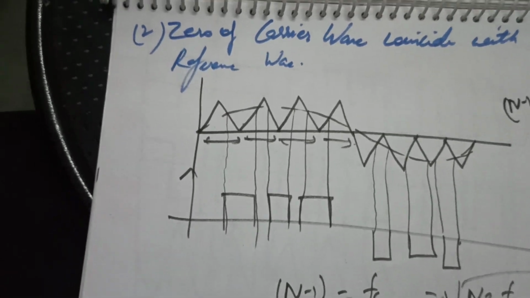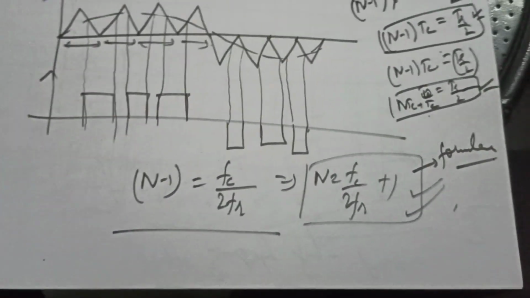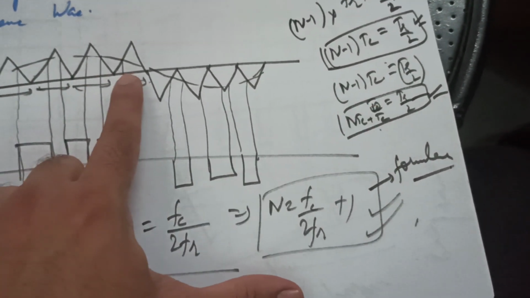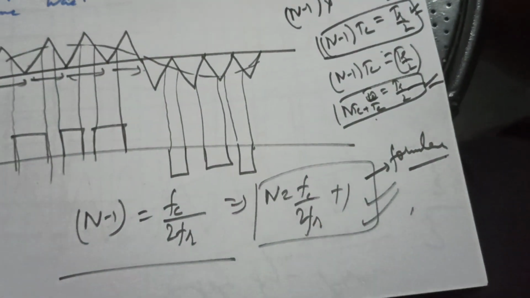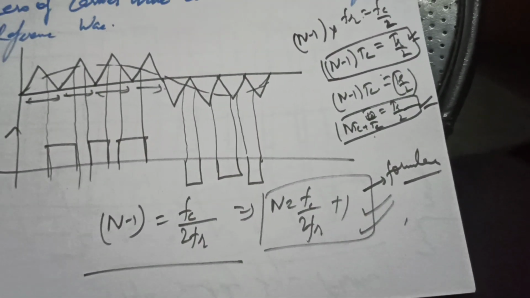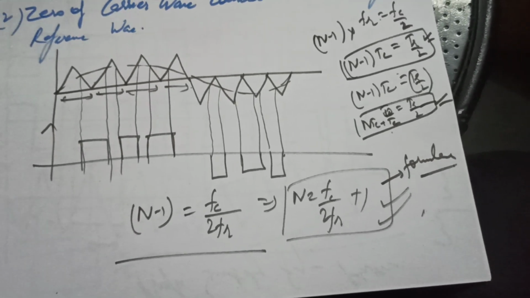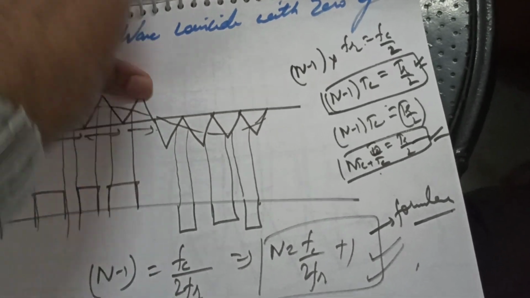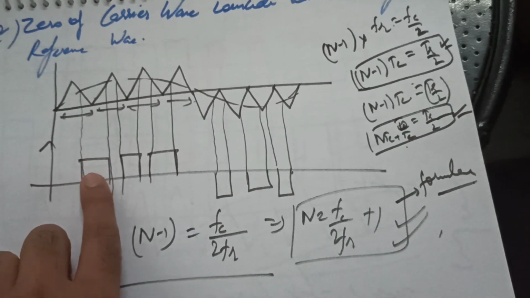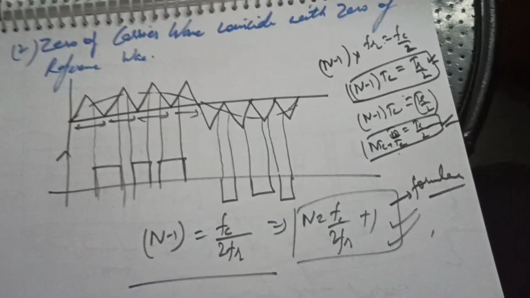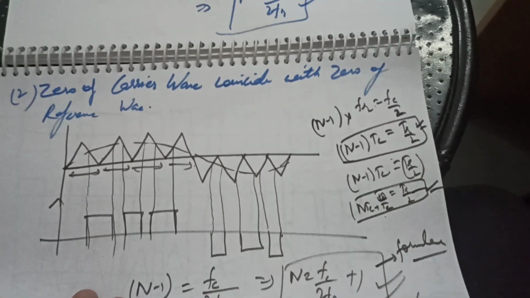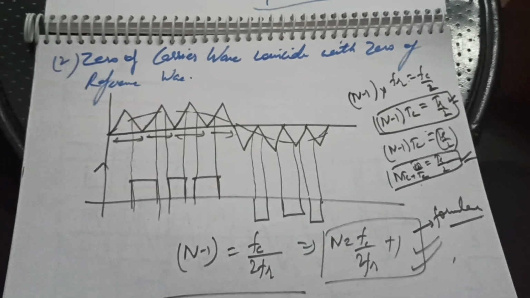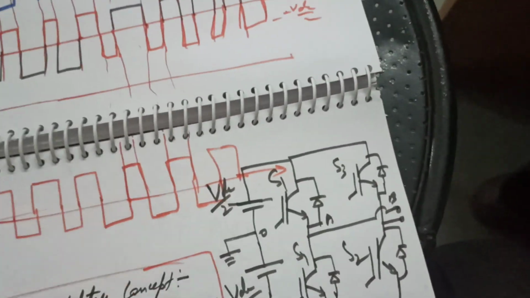Now it will be clear, because here it is nTc. nTc means what? 3 Tcs, 1, 2, 3 Tcs and plus 1 more Tc. This more Tc will be equal to Tr by 2. Clear? While in that case it was nTc equals Tr by 2, but here n is the number of pulses and plus 1 more Tc. I hope this is a very important part. If this is clear, then you will very easily understand how the pulses are equated and what their role is. Okay, I have solved this thing for you.